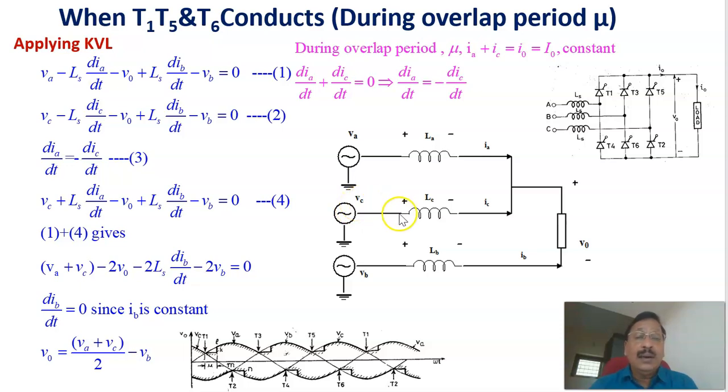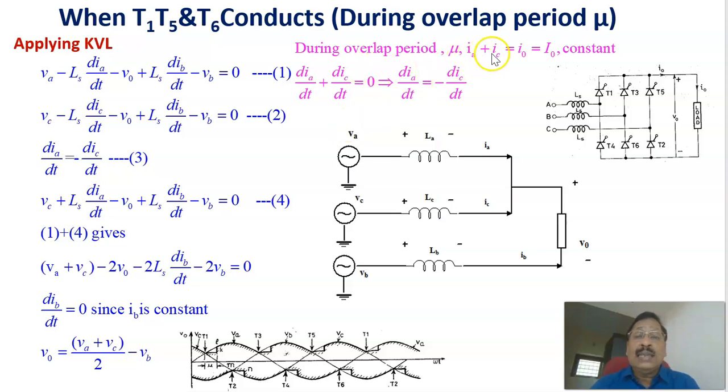VC minus this drop, that is LC DIC by dt, then here drop minus V0, then this one, so potential right, plus LB DIB by dt, the drop across this inductance in phase B, then again minus VB equal to 0. Therefore, that is the second equation, applying the KVL to this loop. Therefore, from these two loops, and one more thing is that